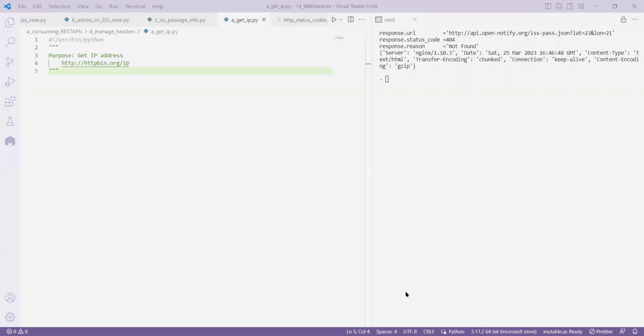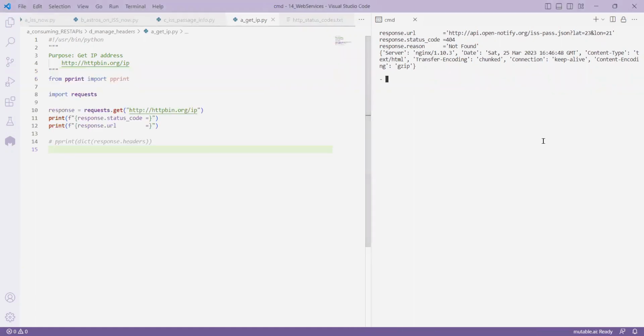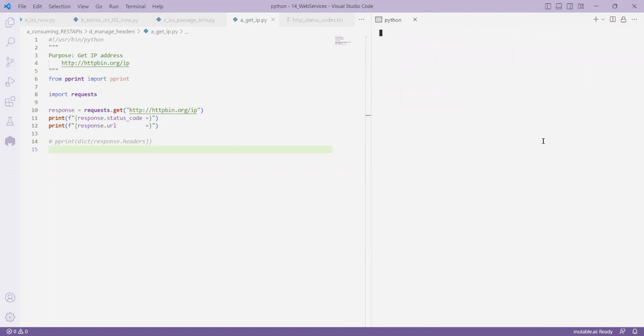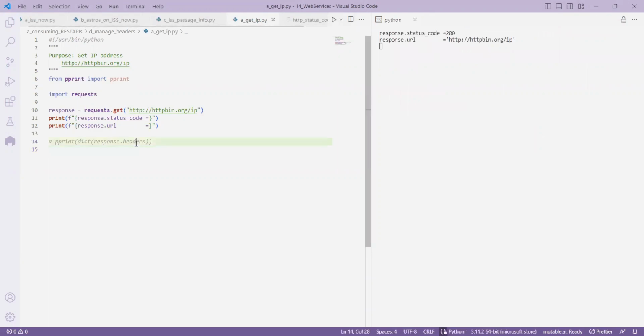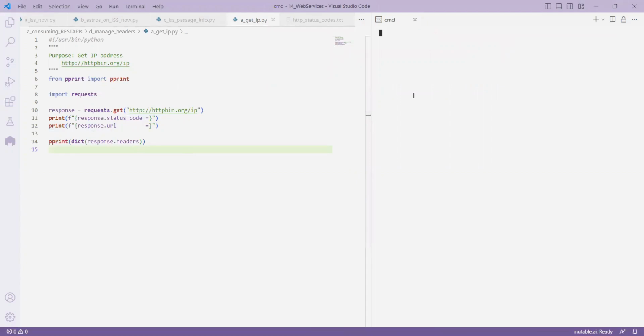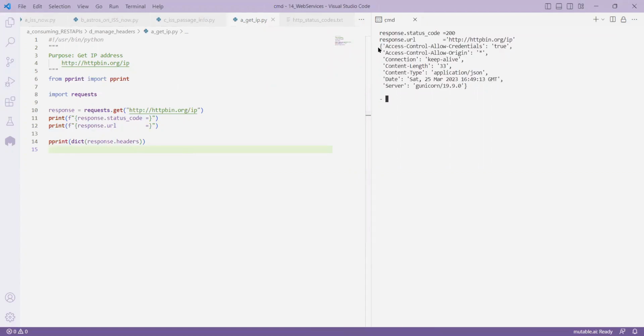When you make a request, how the response will come is also what I will show. Let me do this one. In this, I have this one, so I navigate back. You see that you make a request, you got the response. So response.status, response.url. If you want to ask the response dictionary, the headers, you see,